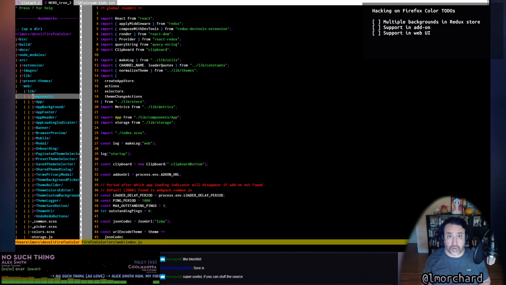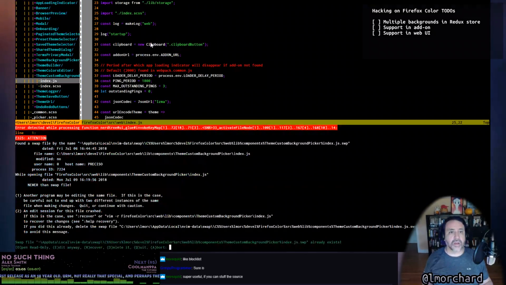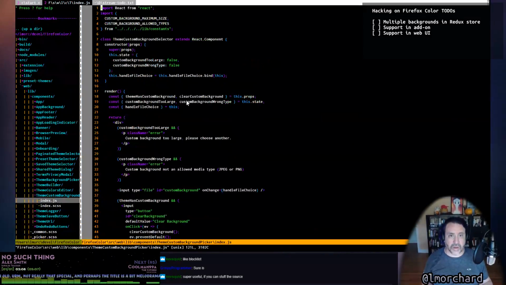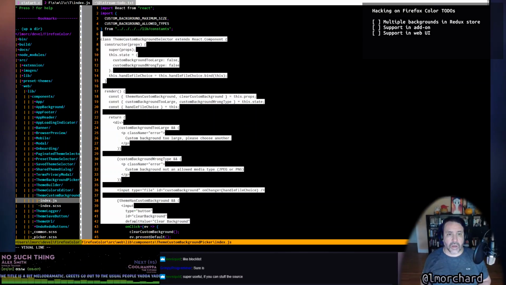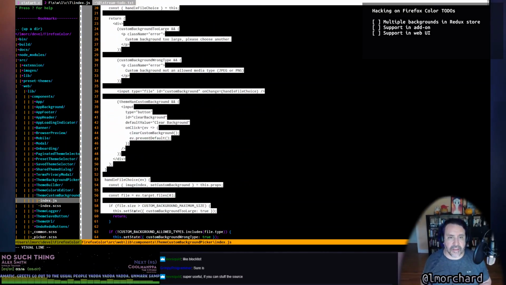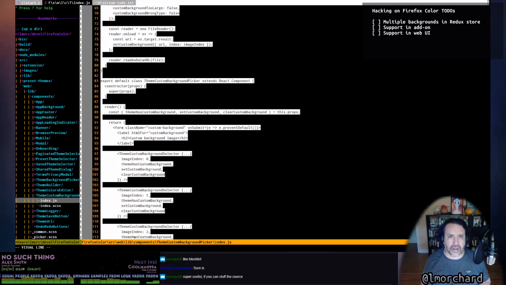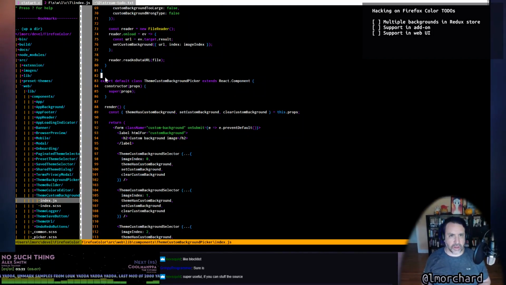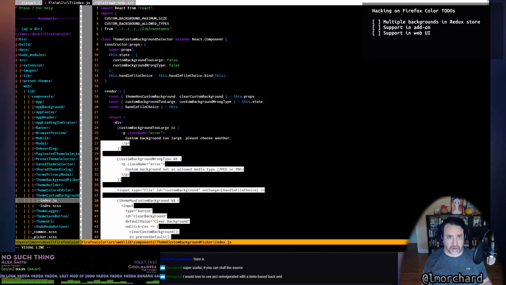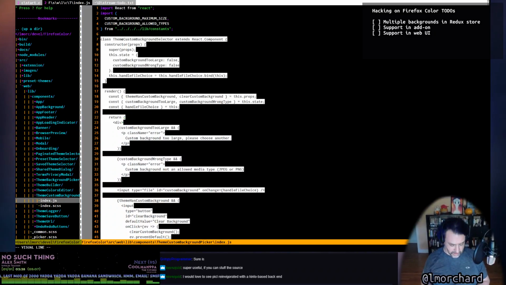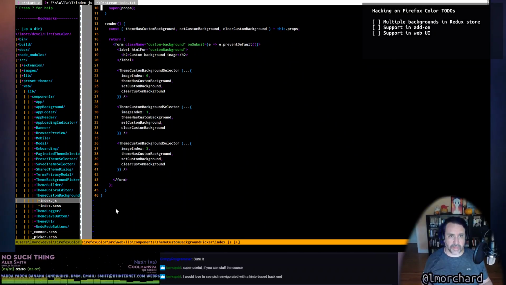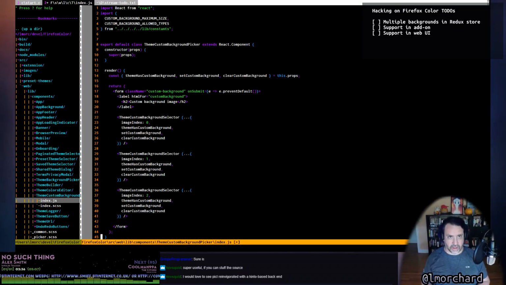Dig into my here. Yada yada yada. Theme custom background. So yeah, the thing I did last week. And delete that. My Vim hates me. I had refactored this. Actually, yeah, okay. So the original component was theme custom background picker, and I refactored out the file selector into its own component and then stuck 3 copies of it in there. Give them each an index. Okay, yeah, so I think the thing I need to do now is play around with